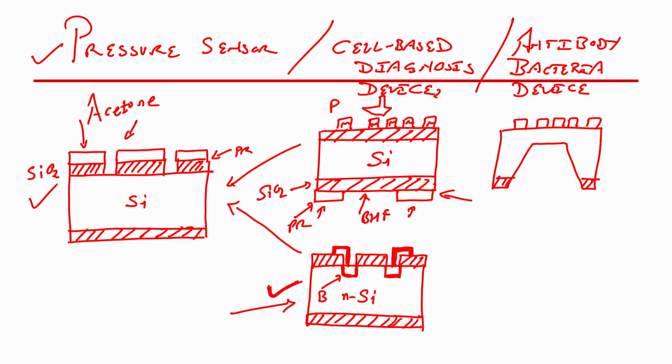After that, if I dip the wafer in silicon dioxide etchant, which is your BHF, what will I have? I will have this pattern, right, and then I will dip this wafer in silicon etchant, which is potassium hydroxide or TMAH, to get this particular structure, right. Same thing goes for here.